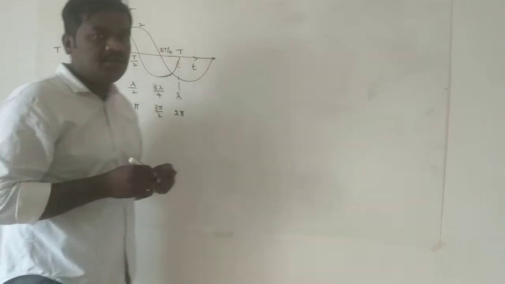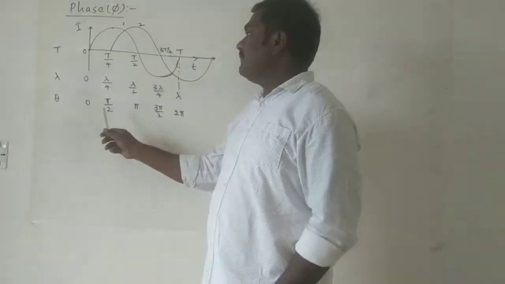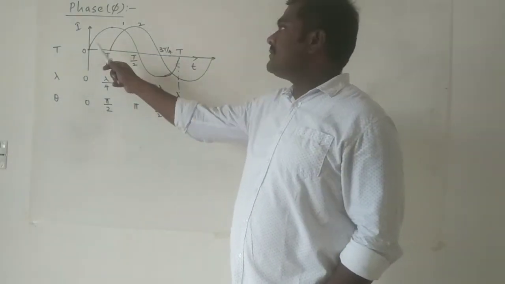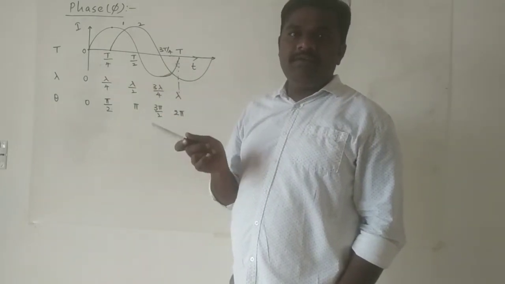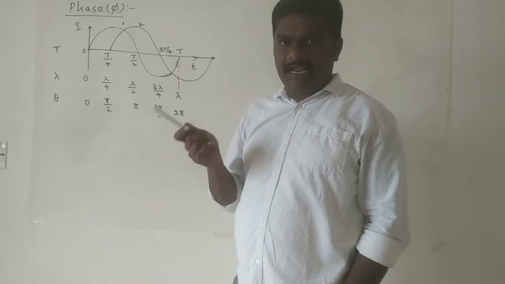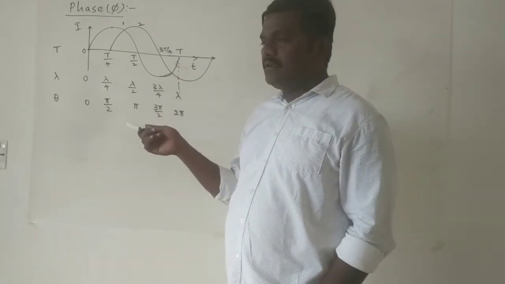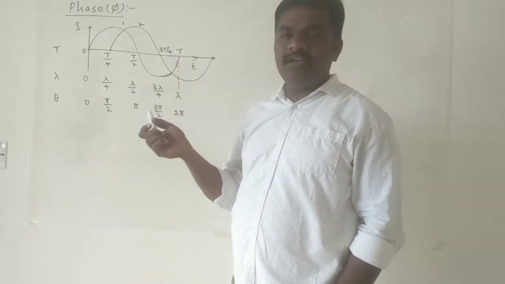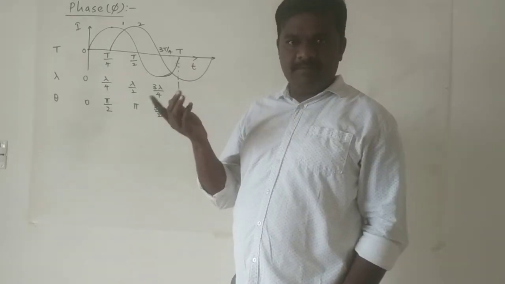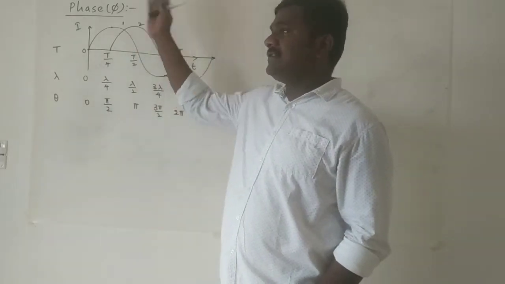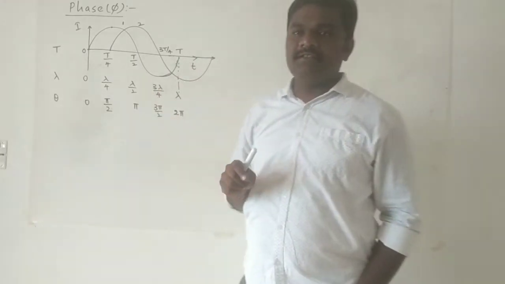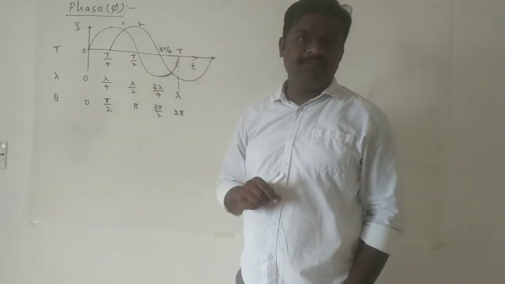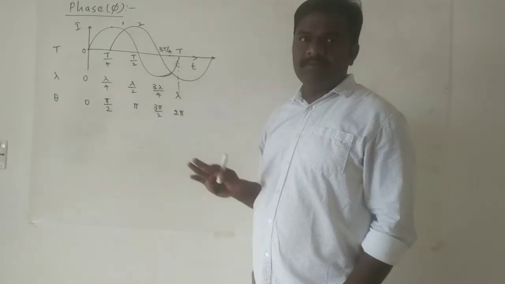Now hope you understood about the phase. To mention the phase, there must be two quantities, and the difference between them, if you represent in terms of time, it's called time difference. In terms of angle, it's called phase difference, that is angle difference. In terms of distance, it's a path difference. But either of these will represent phase. Now this phase is most important in AC currents. That's the reason I'll recall the concepts. Hope you understood this concept.